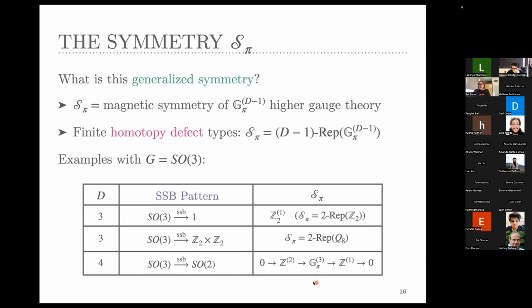Yeah, for sure. So I'll elaborate on this in more detail, but let me just give you a quick punchline. The target space is S2, and S2 has a non-trivial pi2 and a non-trivial pi3. So naively, you may think, oh, well, in D equals 4, I have 0-dimensional Z homotopy defects and 1-dimensional Z homotopy defects. However, the homotopy defects actually interact non-trivially, which is reflected mathematically in the fact that this